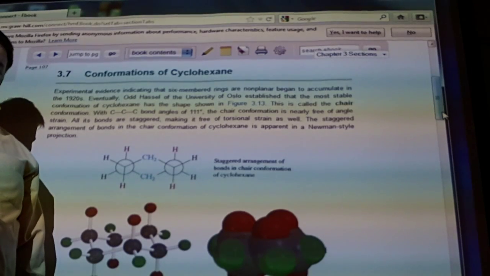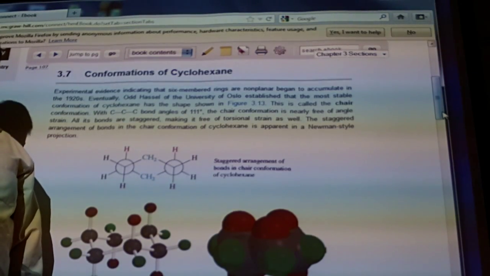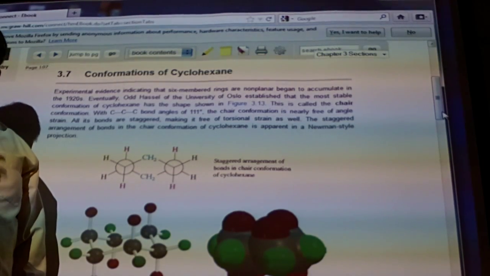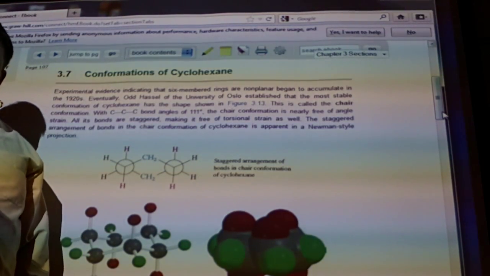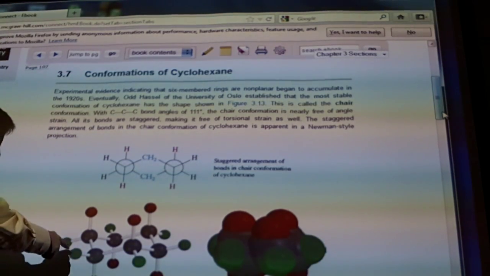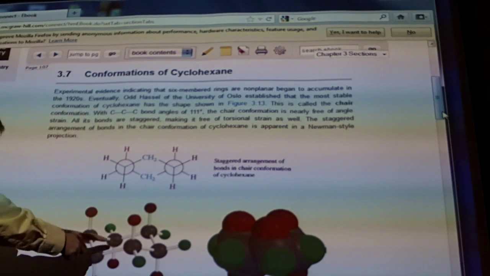And here we are with cyclohexane. Cyclohexane is awesome. It's section 3.7 in your book. And cyclohexane is the best ring you could possibly have. Okay? Beyonce would be happy to have this ring. Because if you look at this particular molecule, if you look at the way this ball and stick diagram is